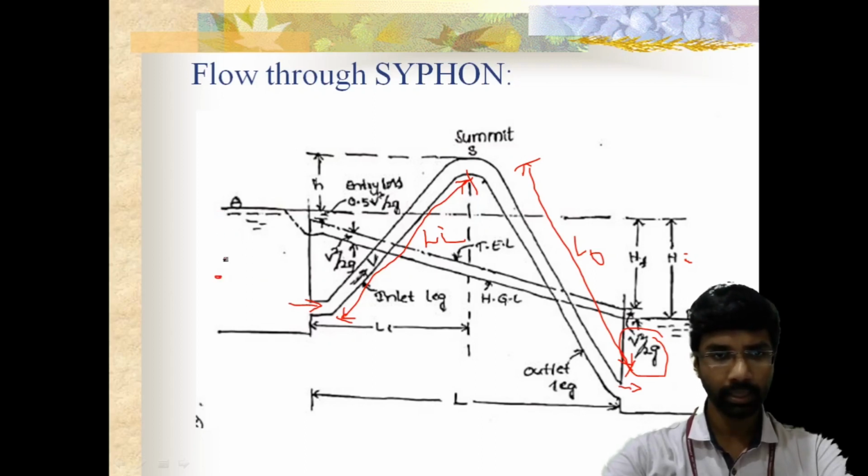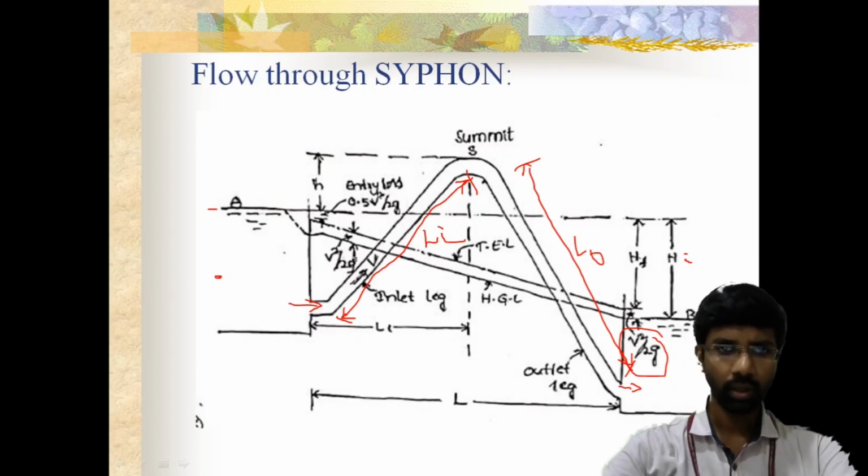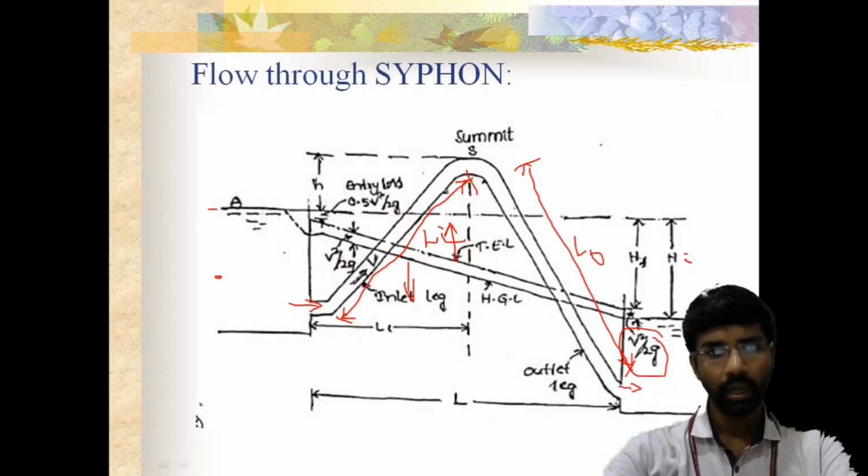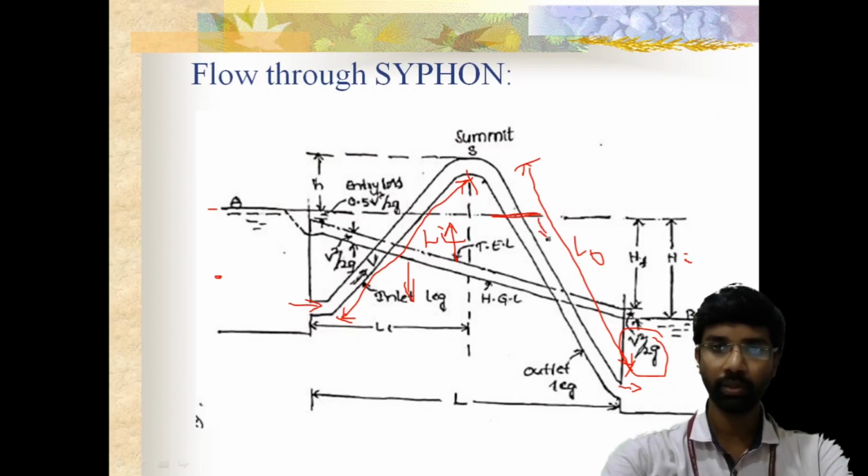And coming to the pressure points, I have already told you that whatever point is considered below this level is positive and above this level is negative. When it comes to this siphon, the level of the fluid is what they'll consider as this HGL line. The fluid which is below this HGL line has positive pressure, above this HGL line is negative pressure, right? And whenever the fluid starts moving and crosses this line, that is the level of fluid in the upper reservoir, then the flow continues without any stoppage, right?